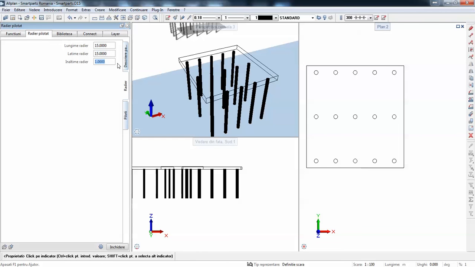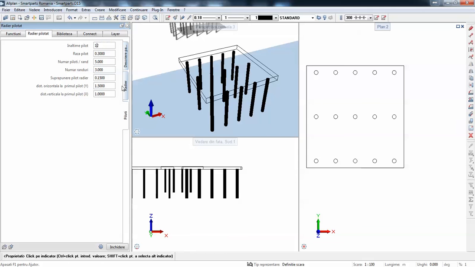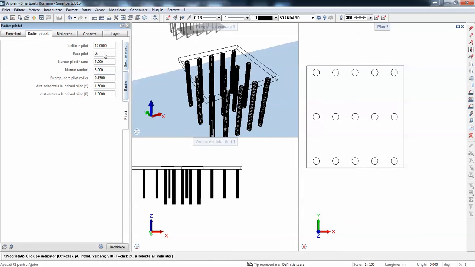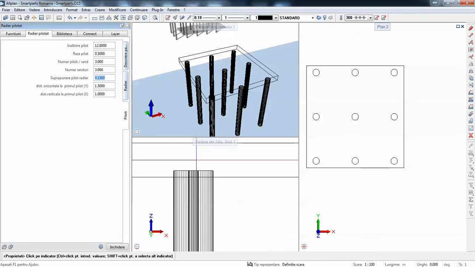This was actually done really easy. I'll show you how. And these are the piles. So I can change the piles to be 8 deep or 12 meters deep. Then there's the radius of the piles, can be 60, 1 meter piles, and then I can control the distance. I can get 3 piles. I can change the spacing from, let's say, overlapping, how much this pile penetrates. So I can have 0 penetration.